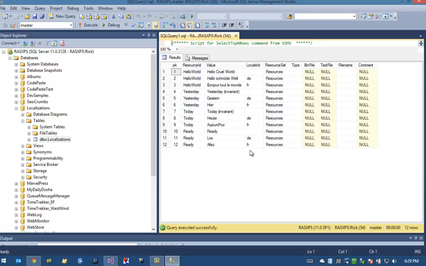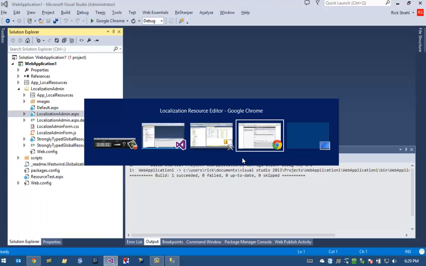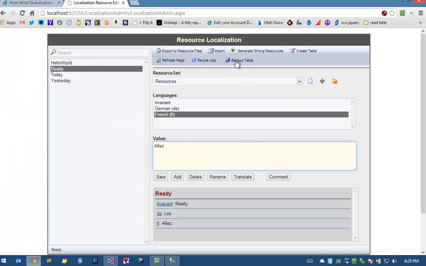So if you come in with a Spanish localized browser, it will fall back to the English version because there's no Spanish resources in here. So if we go back to this form now and I say I want to import existing resources, it will go out to disk and look at any global and local resources and import them into the application. Now, if you don't have any resources yet, you might still want to do this because this